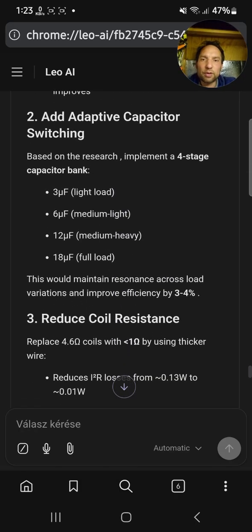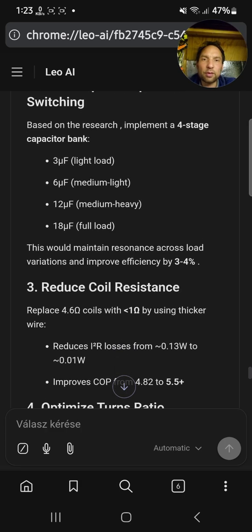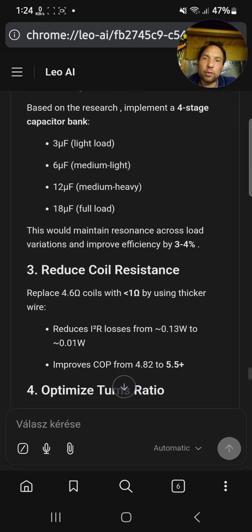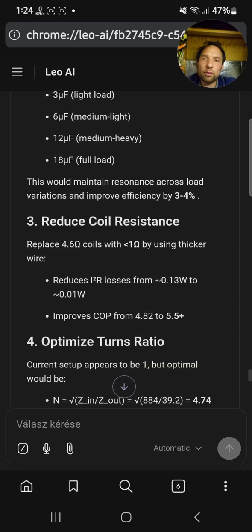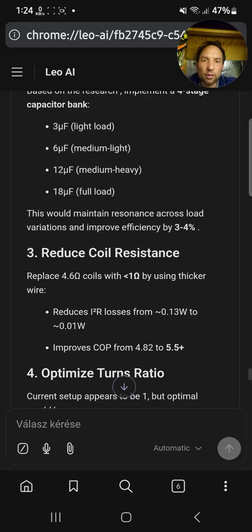Add adaptive capacitor switching. Based on the research, implement a 4-stage capacitor bank. 3 microfarad light load, 6 microfarad medium light, 12, 18 full load. So on the output, 18 microfarad full load. This would maintain resonance across load variations and improve efficiency by